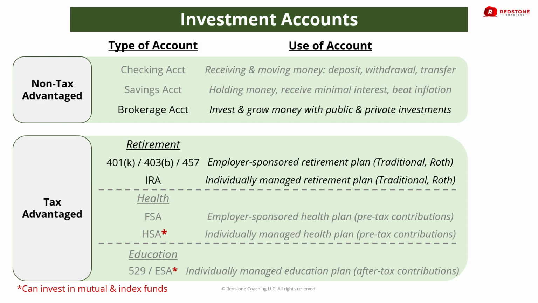And then there's the education accounts. A lot of people don't know that there are education tax advantage accounts. So if you have kids, or if you're thinking about having kids, or if you're married and you're going to be needing to set aside money for education expenses for your kids in the future, well, there are education tax advantaged accounts that are after-tax contributions. So that means that after you receive your money from your company, you've paid your taxes, and now the money's in your checking account, you can set up a tax-advantaged 529 or an ESA, which are education accounts, using after-tax money today,